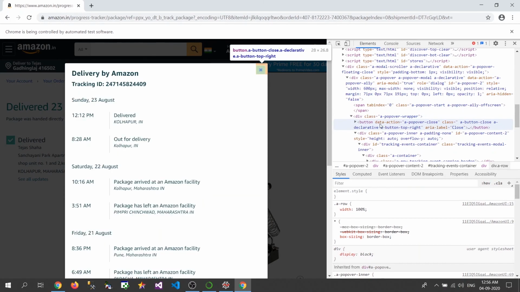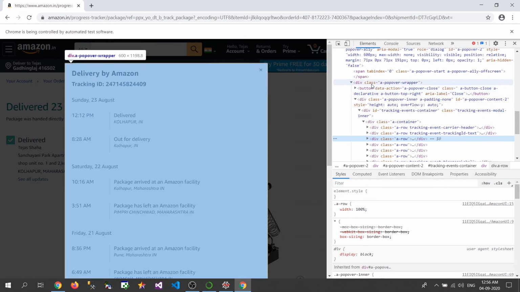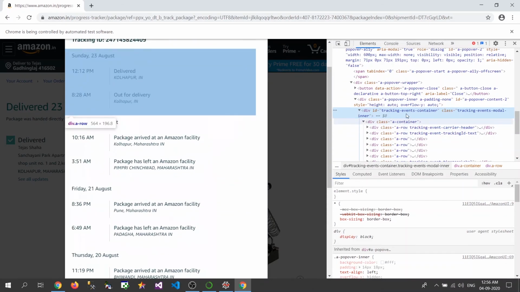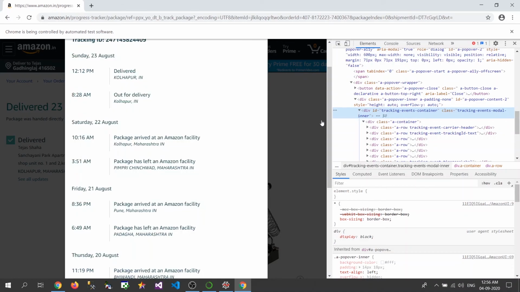If you are not able to find the exact element, you can just go ahead and scroll up and down so that you can get the container or whatever the element you are searching. So here we are having the whole container, which will help us to access the inner elements easily without any complications of the outer elements.